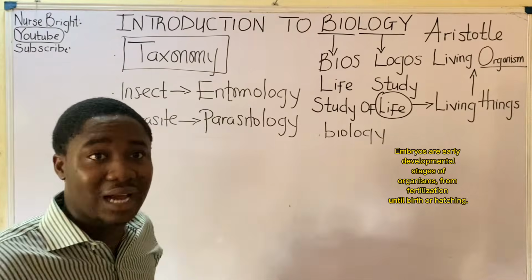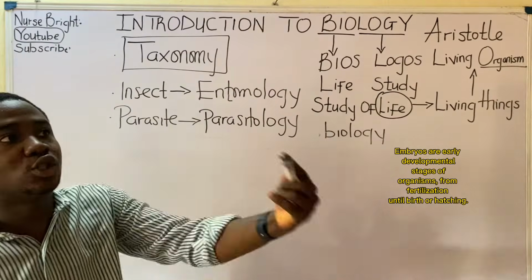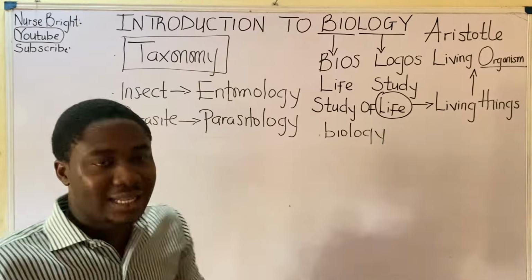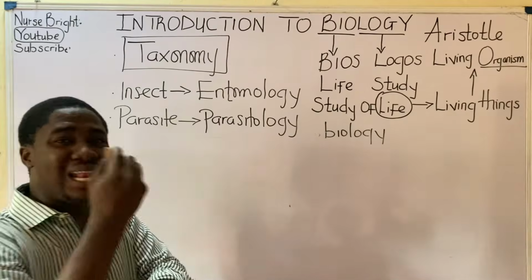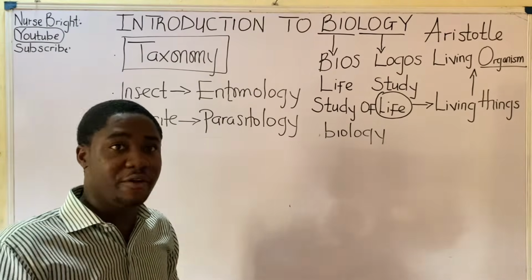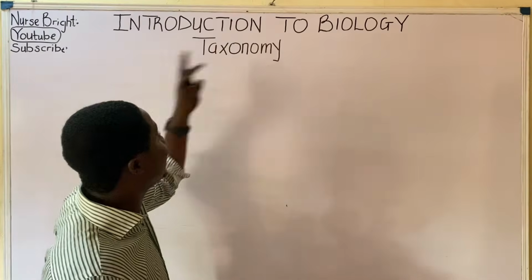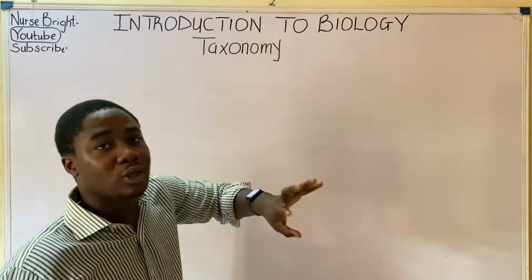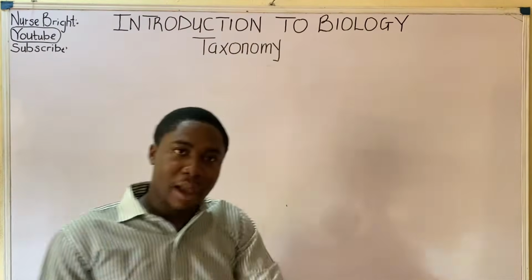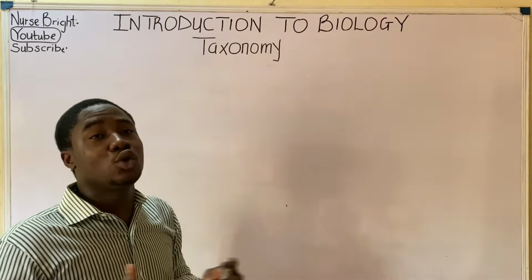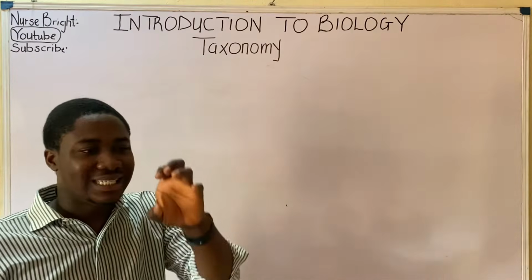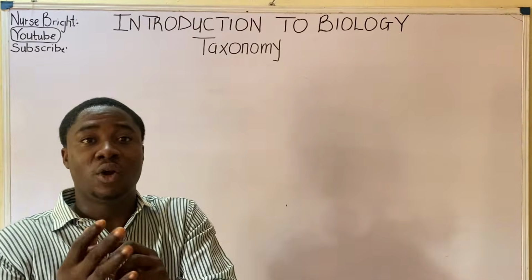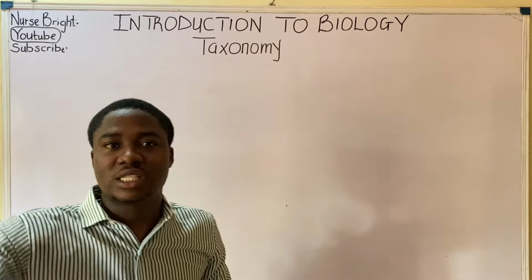So on this, let us talk about taxonomy. Have I explained that taxonomy has to do with the scientific study of how organisms are being classified? That's taxonomy. In the course of this video, I'm going to elaborate more on this aspect of biology because it's very, very important. Remember, taxonomy has to do with the scientific classification of living organisms, and not just classification, also giving these living organisms names.